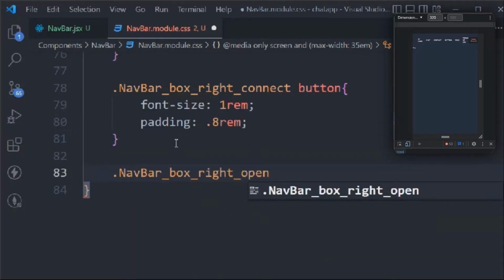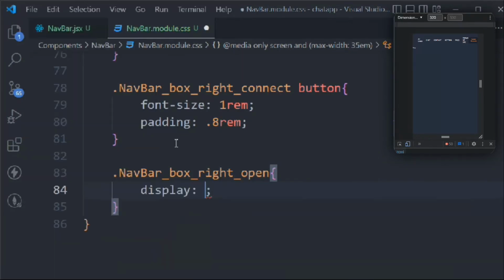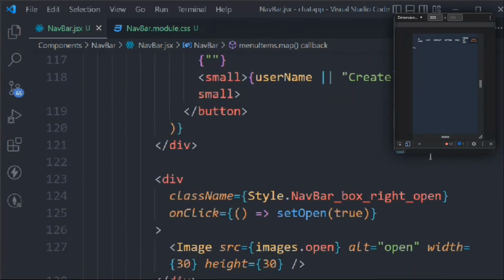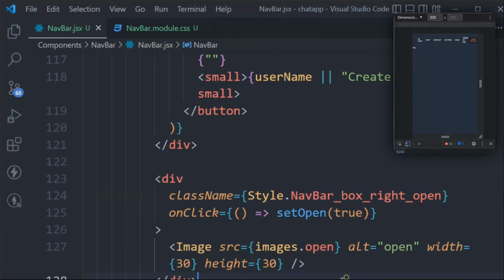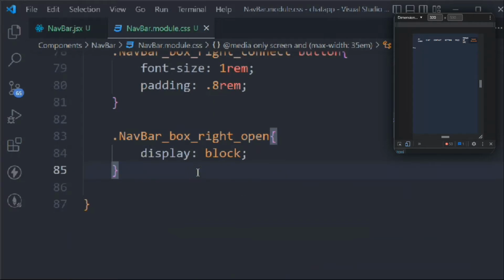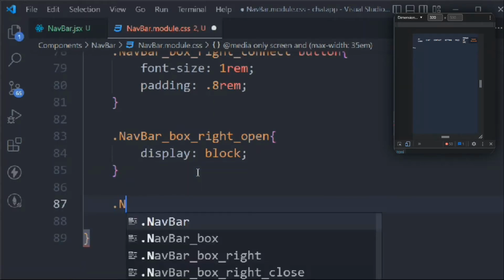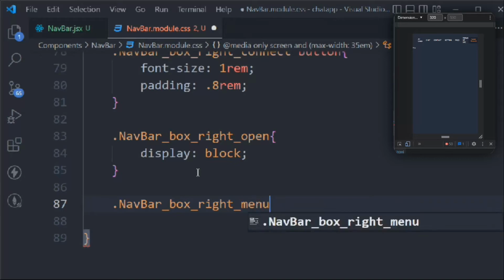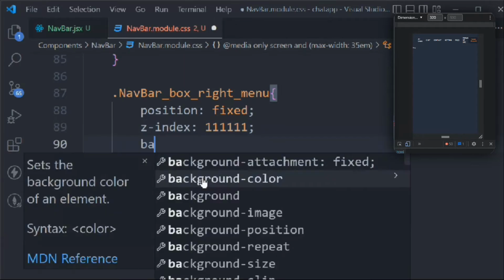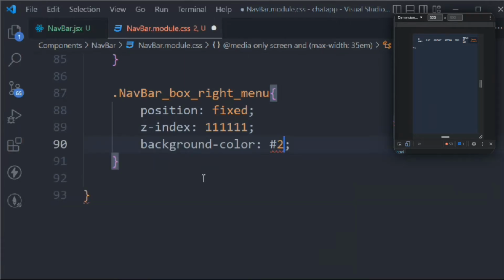NavBar box open, display is going to be block. Okay, let's come here, and the problem we have, so these things are looking good, no problem. So this is what we have, NavBar box right open, simply copy, and that's what we are targeting here. Things are looking pretty good. Now let's come here, NavBar box right menu,